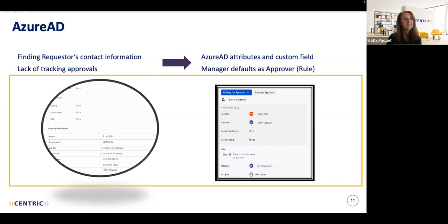All right. Anything else? Any other questions? Okay. Well,